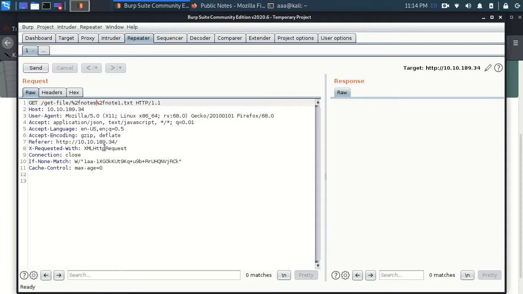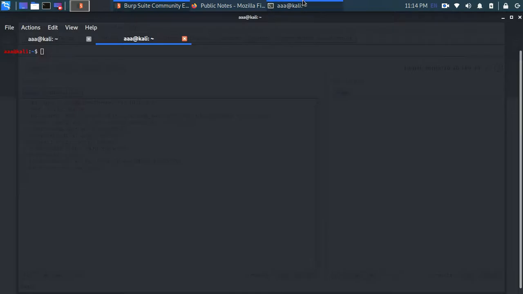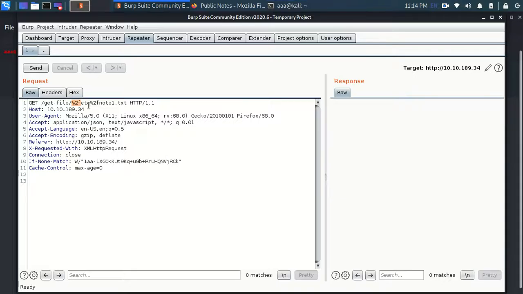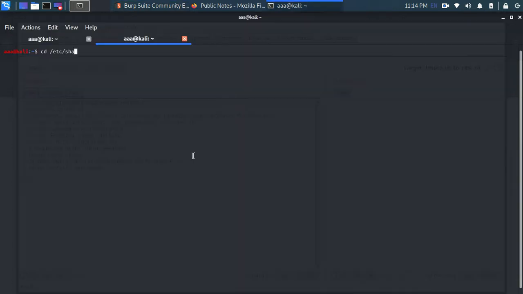So here rather than notes, I'll type etc. The reason I'm adding %2f is that while extracting the etc file, we always type slash etc. That %2f is for the forward slash, then etc, then again %2f, and then shadow.